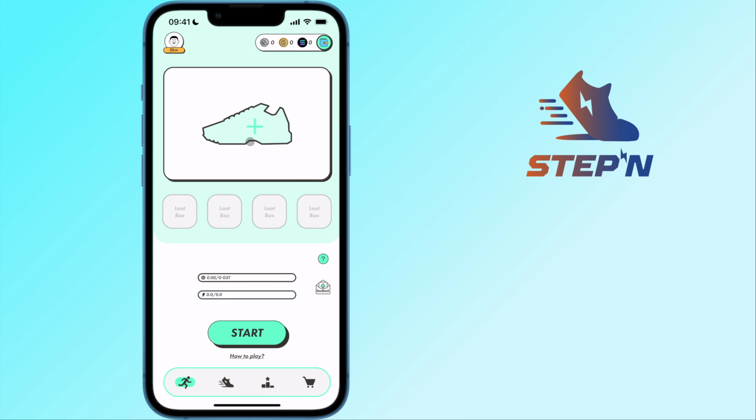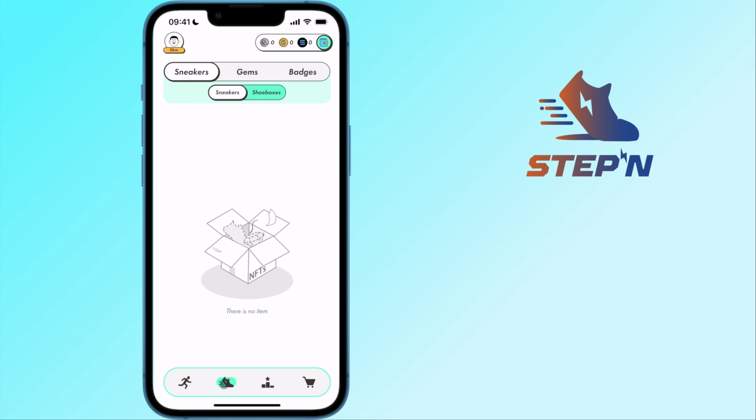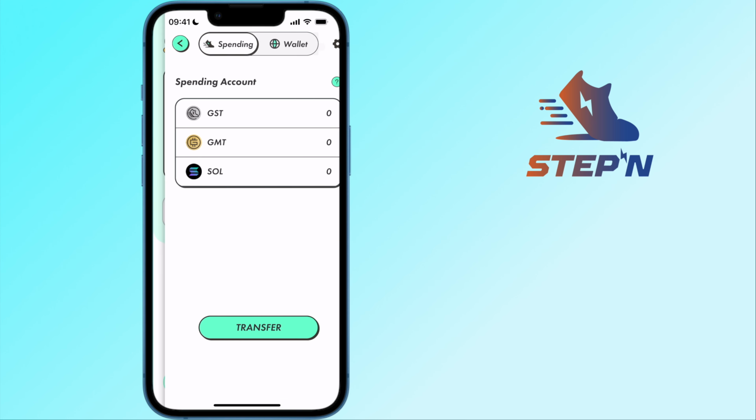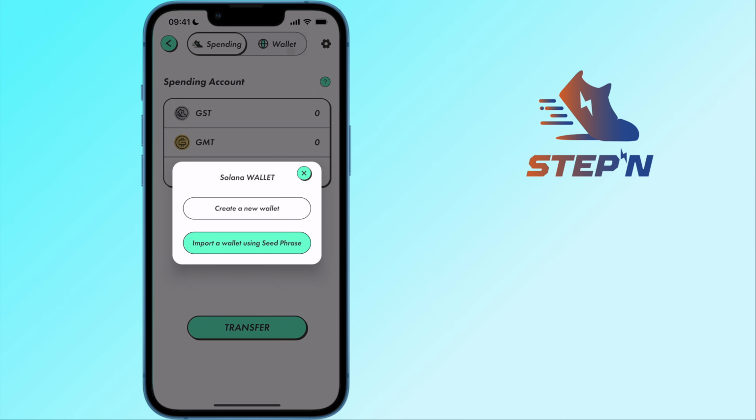After creating your STEPN account with an activation code, the next step will be to create a Solana wallet on the app itself. To do so, you can go to the wallet icon at the top right hand corner and select wallet. You are given two choices where you can either create a new wallet or import an existing Solana